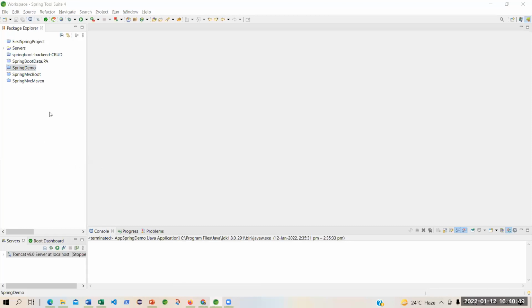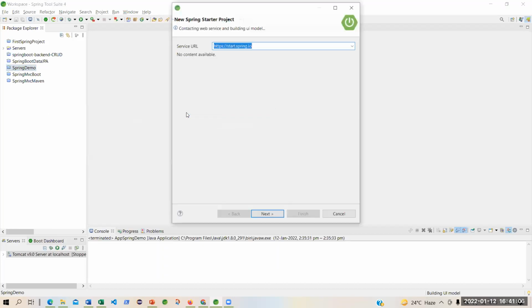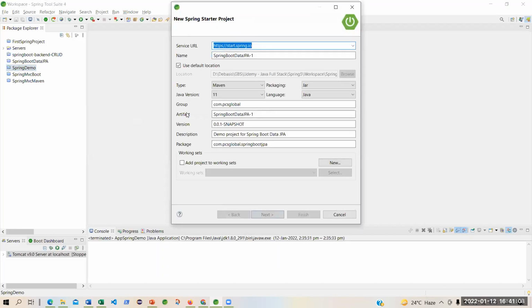So in that case, I wanted to straight away start with a Spring Boot project. Because I have installed Spring Tool Suite, I will get all these new things, which are not available in the plain Eclipse IDE. Spring Starter Project. I click on this. I want to create a Spring starter project.